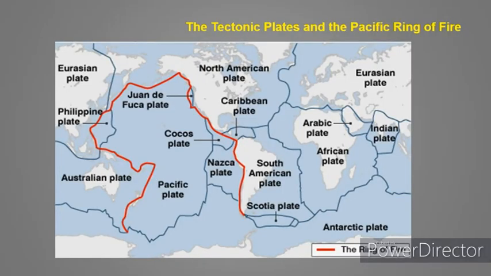The most active geothermal resources are usually found along major tectonic plate boundaries where most volcanoes are located. One of the most active geothermal areas in the world is called Ring of Fire, which encircles the Pacific Ocean.